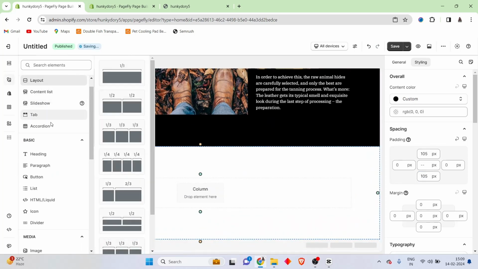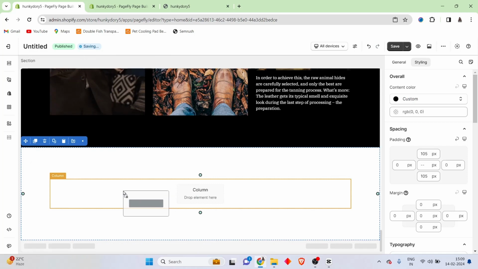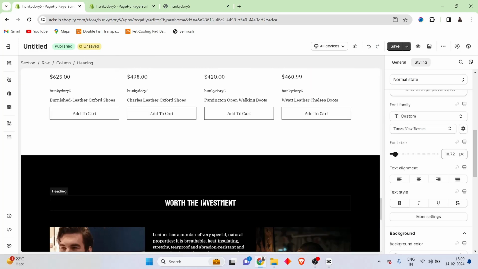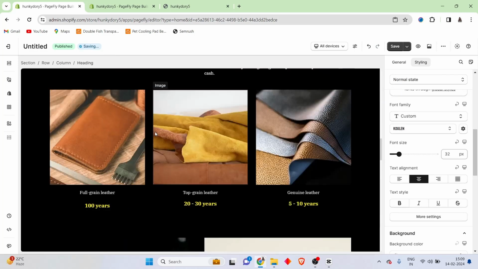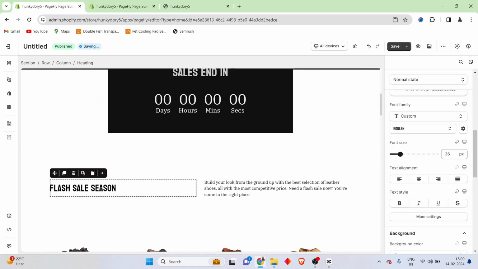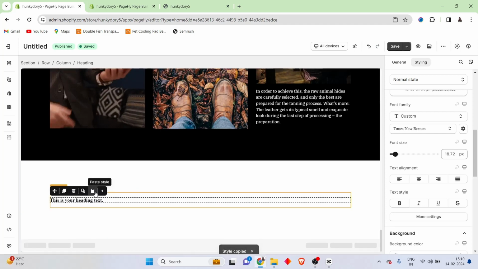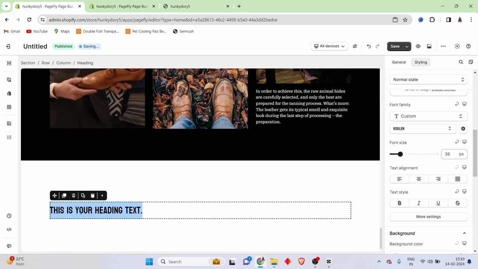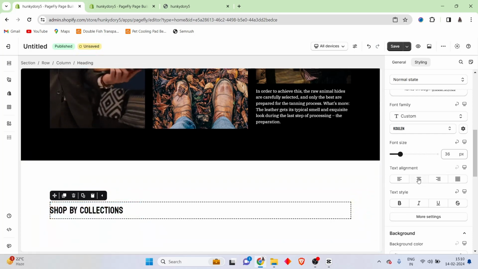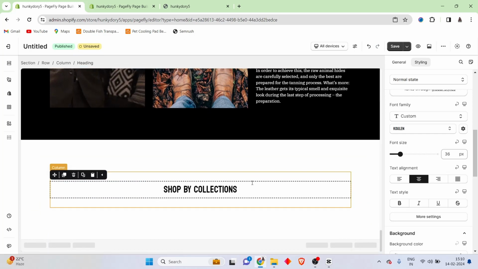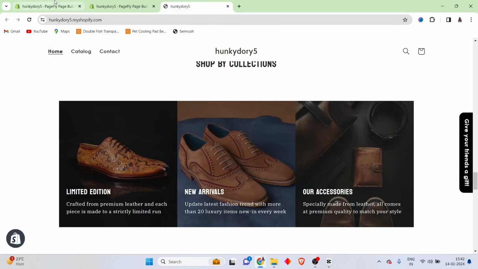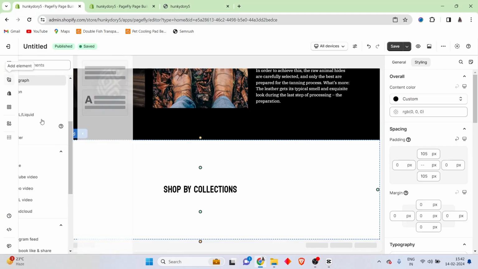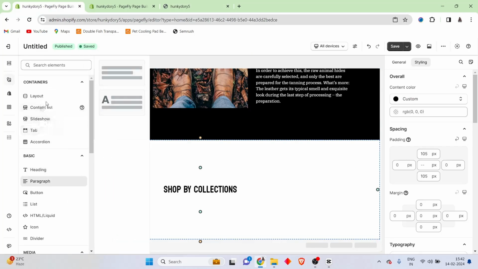Then we'll need to add a heading. So let's drag this down here, and let's just simply copy the heading style from here and paste it on this. Now let's copy the heading. Okay, and now let's align the text to the center. So this looks good. Now let's go back, and we are going to be adding another section here, a single